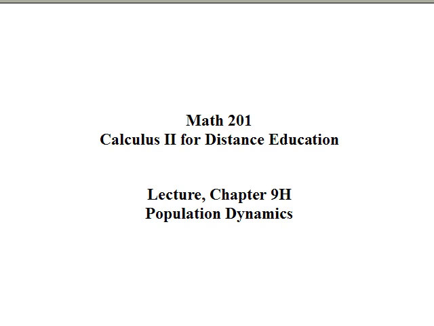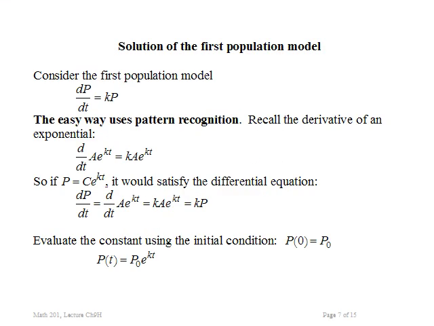This is Lecture 9H for Calculus 2 on the solution of the elementary model of population dynamics. So we look at the first population model. This is a model that says the rate of change of the population is proportional to how big the population is. Okay. Now we study methods such as using separable equations, integrating factors, Euler's method, but there's another method